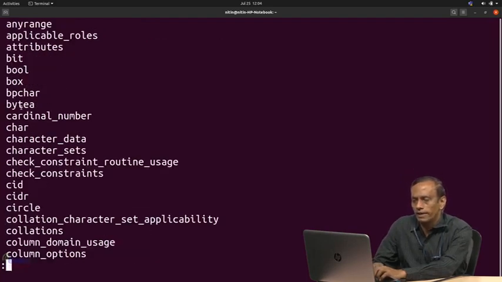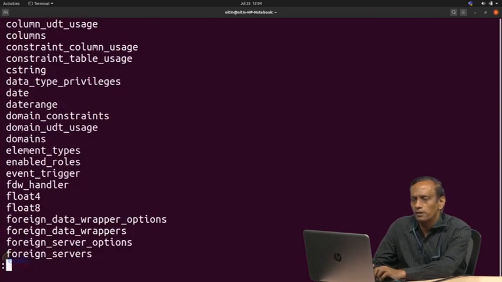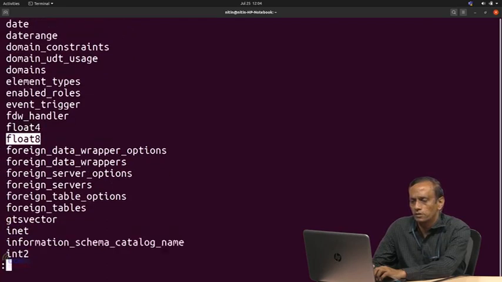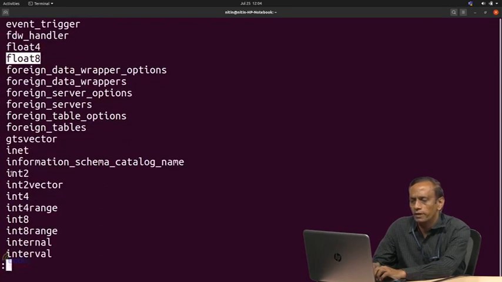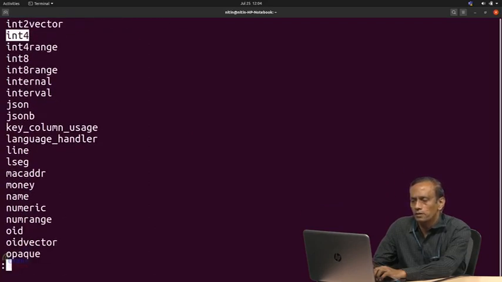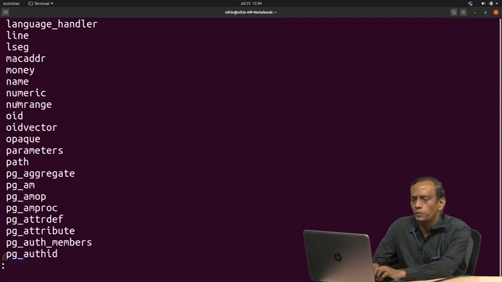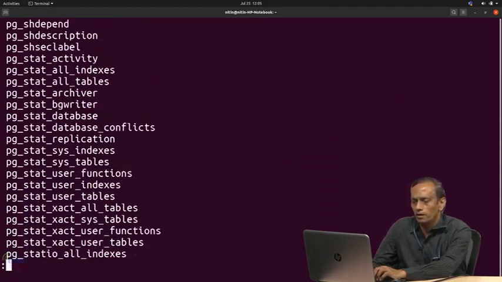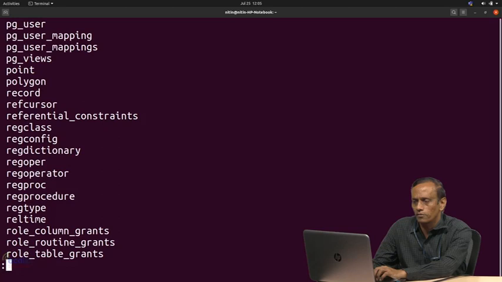You try to find char, yes, you would be using this char. Then date, then float. Then int, you can write integer even. Int4 would be treated as integer. Then moving on, numeric, even OID is one type, and let us see one surprise for us.